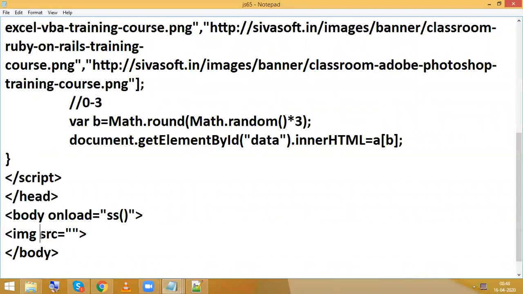Now here any id. Okay, so how to do this? So document.getElementById data. There we need to target what? src. Okay, so in the place of src, it should update the data.